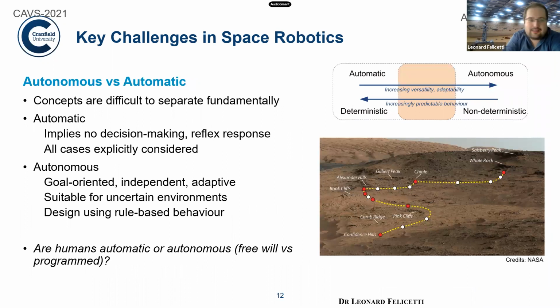And more or less, we need to make a distinction between an autonomous system and an automatic system. I think that you are an autonomous society, so you will probably have this kind of difference. But whenever you have a system that responds to specific and well-structured conditions, in a deterministic way, so if a certain condition happens, then the system reacts by taking some action,